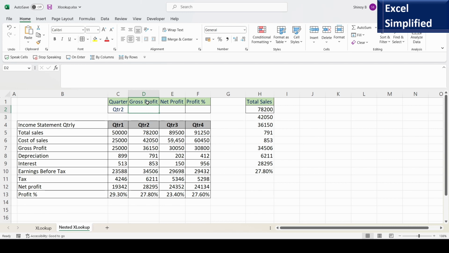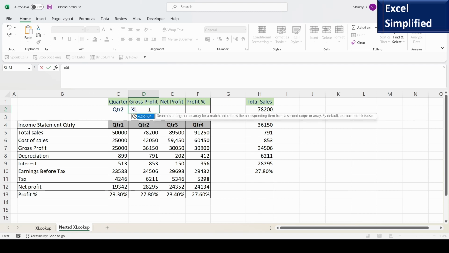So my objective is to print gross profit for quarter 2 by doing a vertical lookup in this data range for gross profit and a horizontal lookup in this data range for the mentioned quarter, and print the value from the intersection of both vertical and horizontal lookups. So I will type the formula here in cell D2: equal to XLOOKUP. So the lookup value first, I will look up gross profit. So gross profit is printed here in cell D1. So I'll give D1,